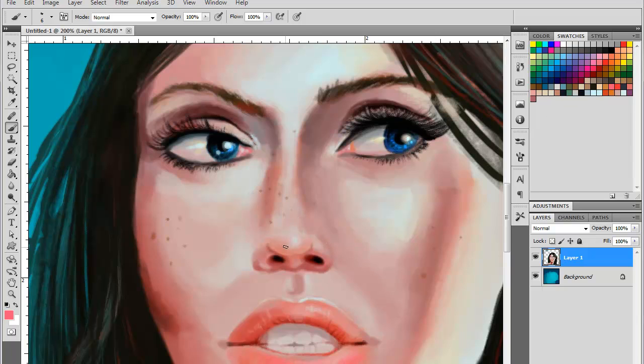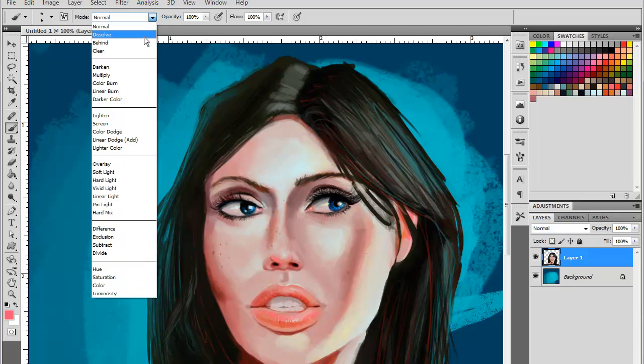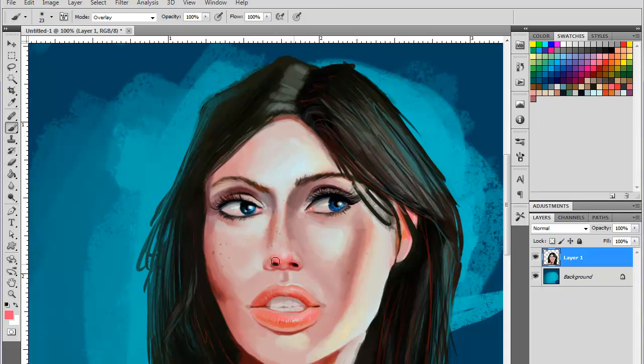I kind of want to add a little bit of pink into the nose here. You don't have to do this, you don't have to make the nose this pink. But I think it looks kind of cute when you add a little pinkness to the nose. You can also take a soft brush and go to soft light or overlay, even color dodge. Color dodge will be a little too much probably. And just add a little bit of pink in there, and you can take this orange color, just add a little bit of that in there,